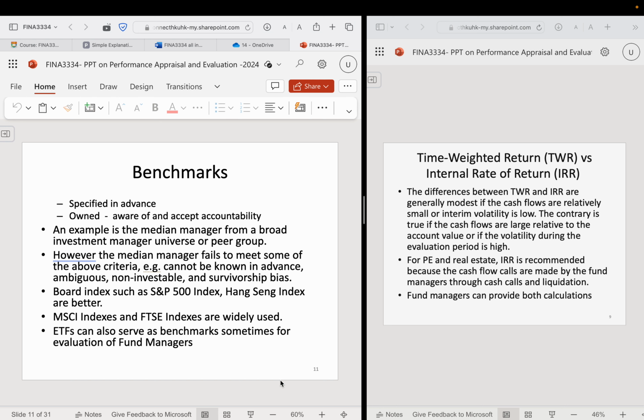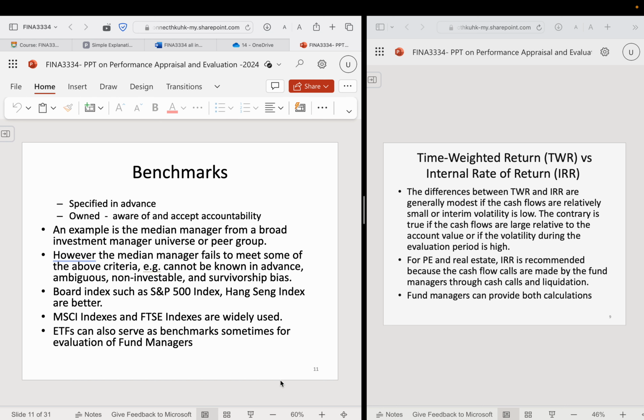To illustrate a bit more on the time-weighted performance, assume there's a manager. What he does is he starts his portfolio with 100, and then in year one he's down to 90. Then this is the index: it goes to 100, 110, 120, and then goes back to 110 in year 5.